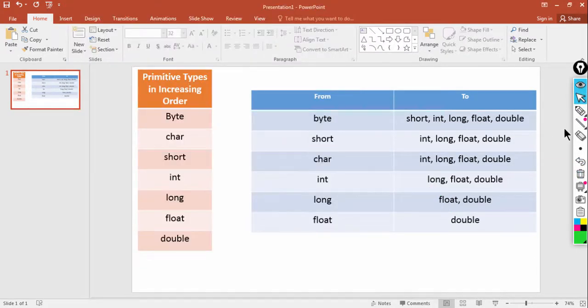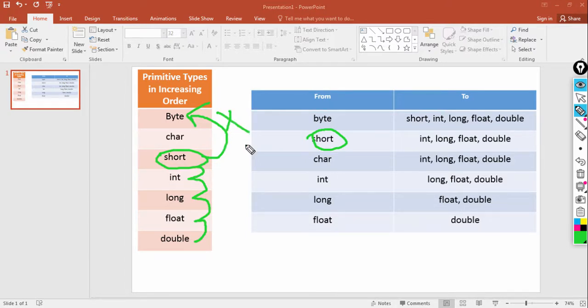Similarly, short, okay, short can be assigned into int, long, float and double, okay, but it cannot be assigned to byte because byte is smaller than short.